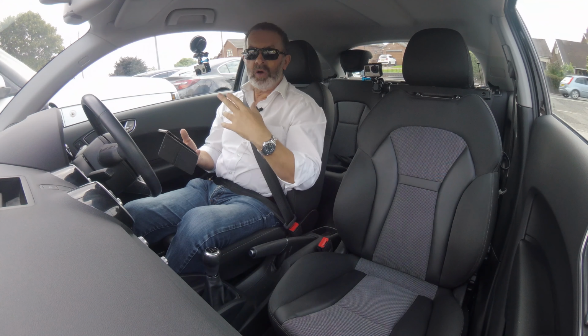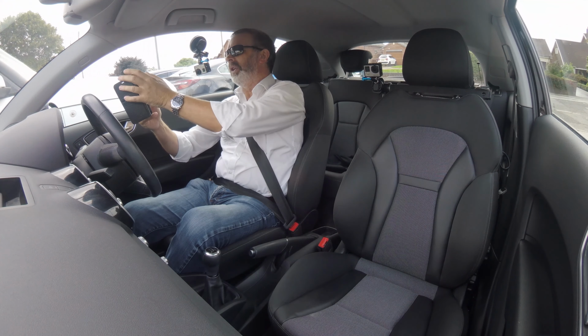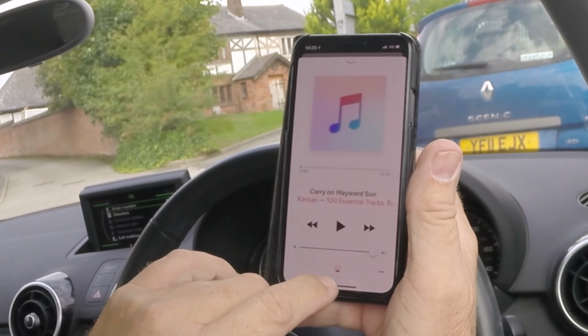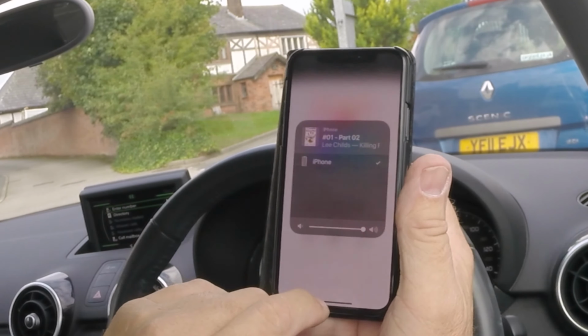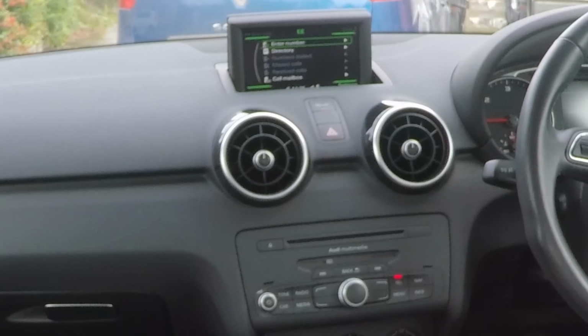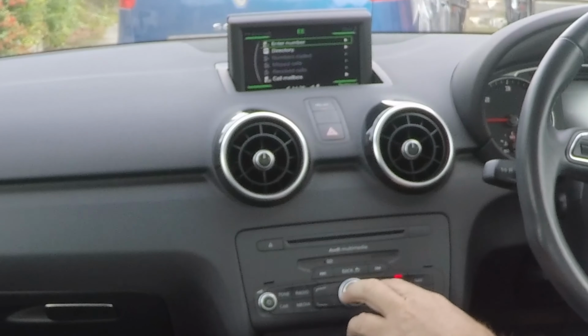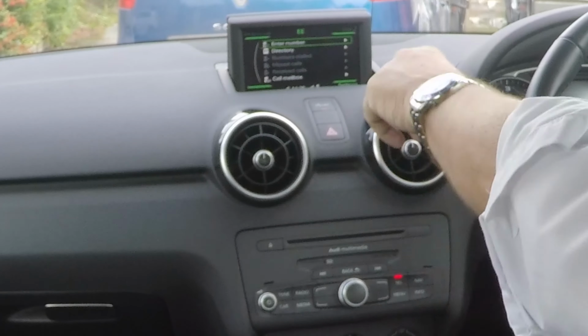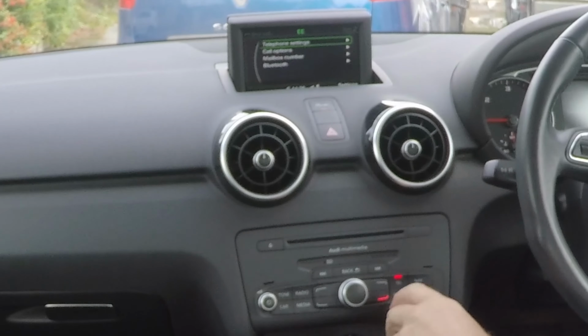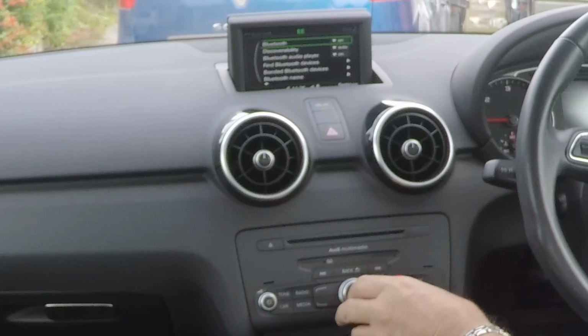This car will also stream audio. It's got the option. Now, if you go into music, you see this red triangle here with 3 red circles. If you click on that, it's not actually showing the Audi. So if we go into menu, telephone, and then settings in the right hand corner, click settings, down to Bluetooth,